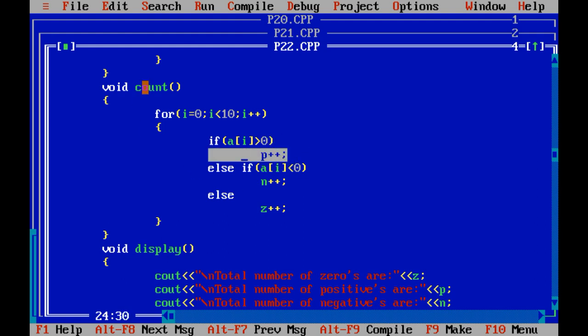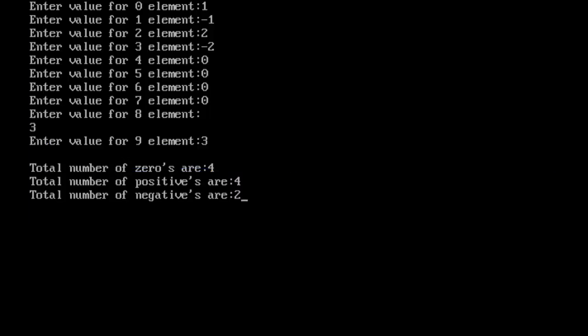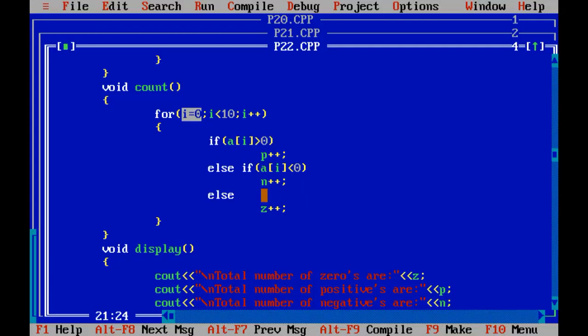Now again loop is executed. The value of I is 1. A of 1. What is the value of a of 1? We have inputted -1. So negative plus plus. So in this way, count is incremented and it increments the value of positive, negative and 0.